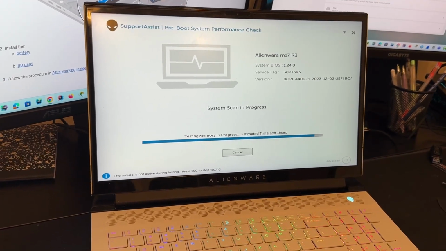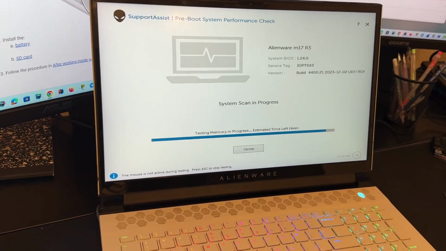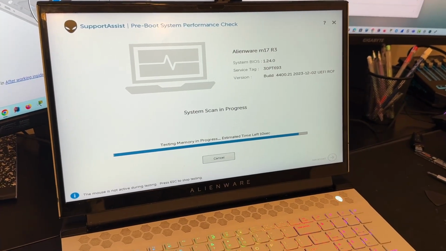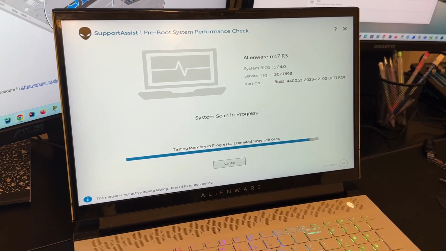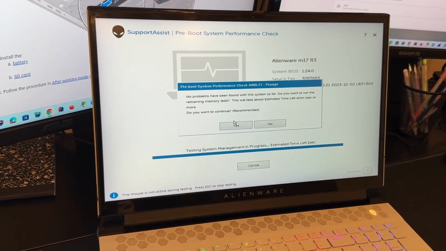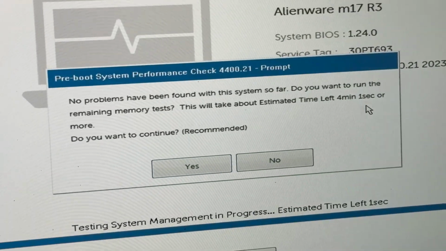You can stop this process by pressing the escape key anytime if you don't want to wait and cancel the test. But this test is almost done, and it will show you the results at the end. As you can see, it says no problem found. If you want to run another test,